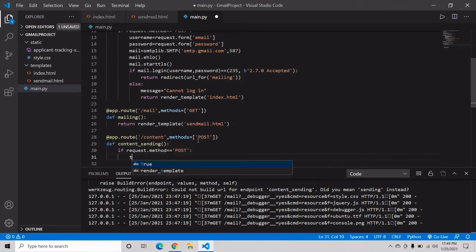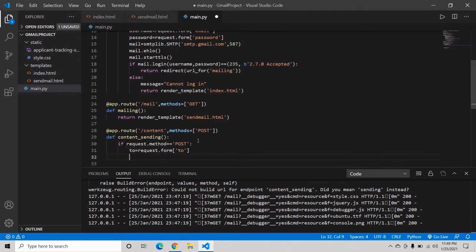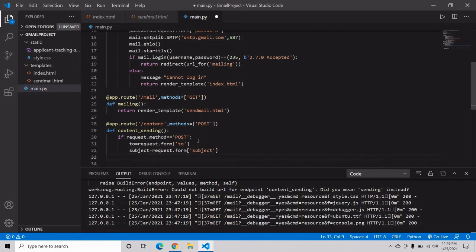So let's say to request dot form to, was our subject, request dot form. We have to take our subject also. For that subject we have to take our message box. Message box is nothing but our body. Request dot form message.